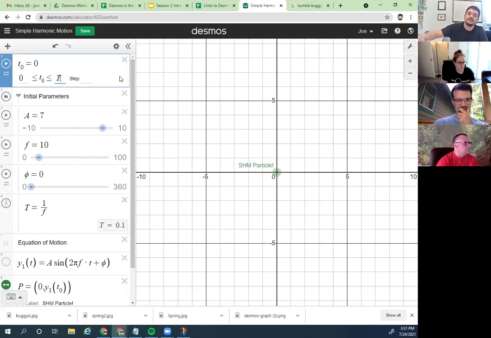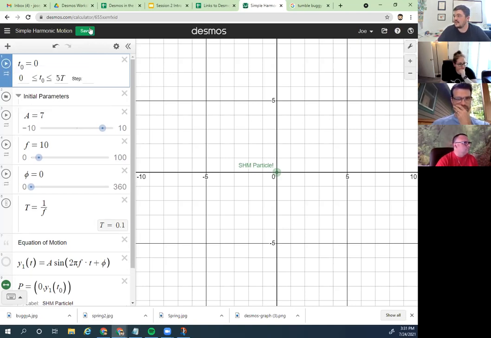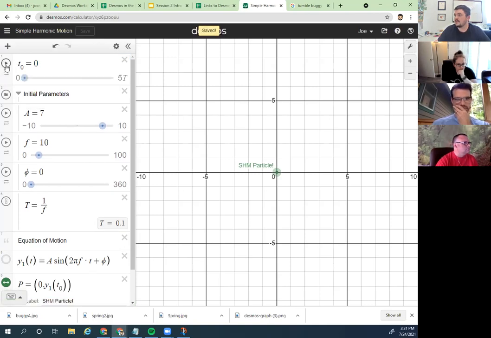Or you could do 2T or 3T or 4T if you wanted to go through a few times. Maybe we'll go through 5T, 5 full cycles before we end it. If this is how you're going to approach it, I also recommend changing your animation properties from loop forwards and backwards to just repeat in one direction. We don't want things to run backwards in time. I'm going to slow down my animation a bit, but if we put all this together, when we press play,